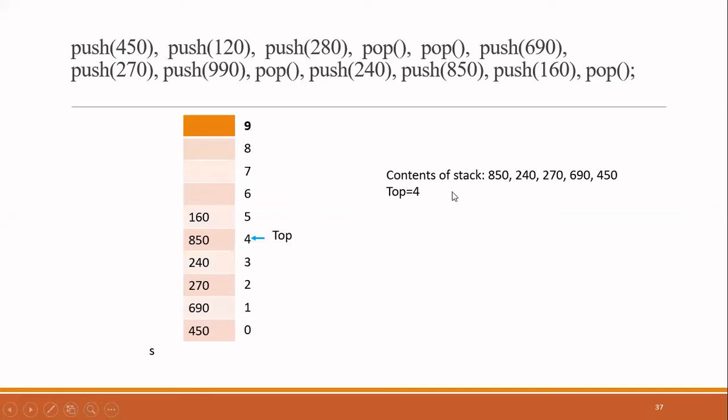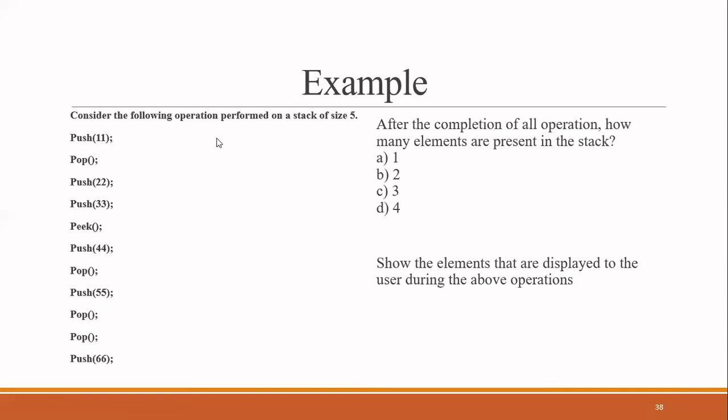So that is the second answer. We are going to consider a stack of size 4 and certain operations are given. You have to perform two things. The first one is, after the operation is over, you have to show how many elements are present in the stack. Present in the stack means how many you can access actually. They will be in the stack only, they will be in the memory only, but some are not accessible. You have to tell how many are accessible in the stack.